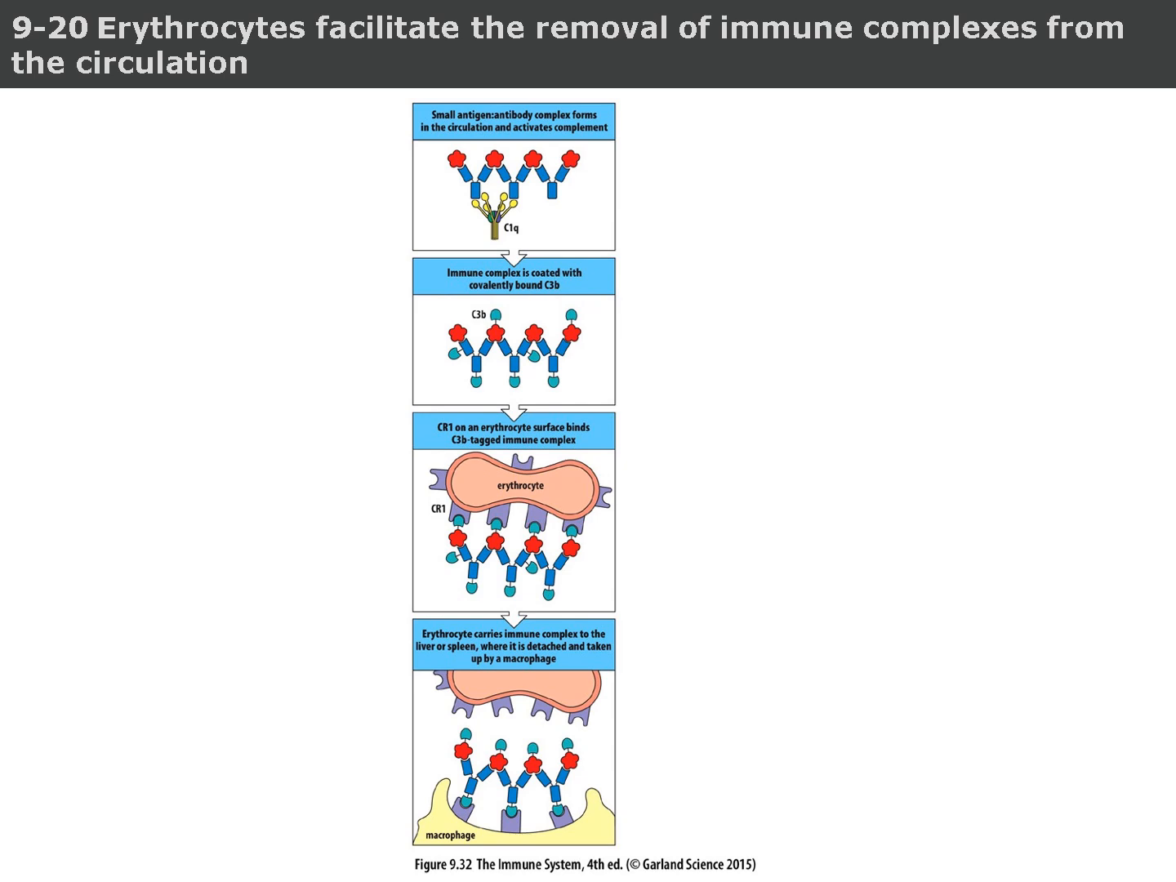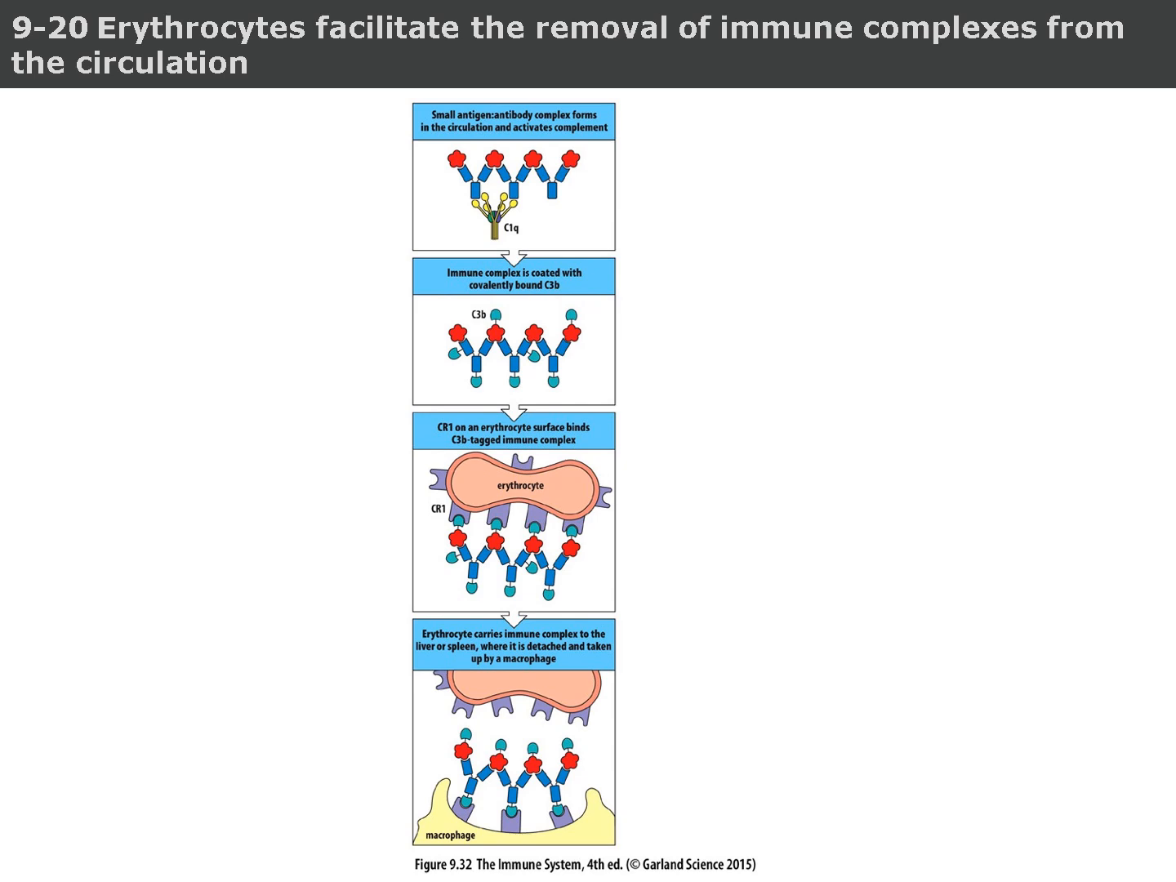In the third panel, CR1 receptors on the surface of an erythrocyte bind the C3b tagged immune complexes. The erythrocyte then travels through the bloodstream and carries these bound complexes to the liver or spleen. Finally, at the bottom, a resident macrophage detaches the immune complexes from the erythrocyte and phagocytoses them for safe disposal. This mechanism prevents immune complexes from depositing in tissues, helping to avoid inflammation and damage associated with conditions like lupus